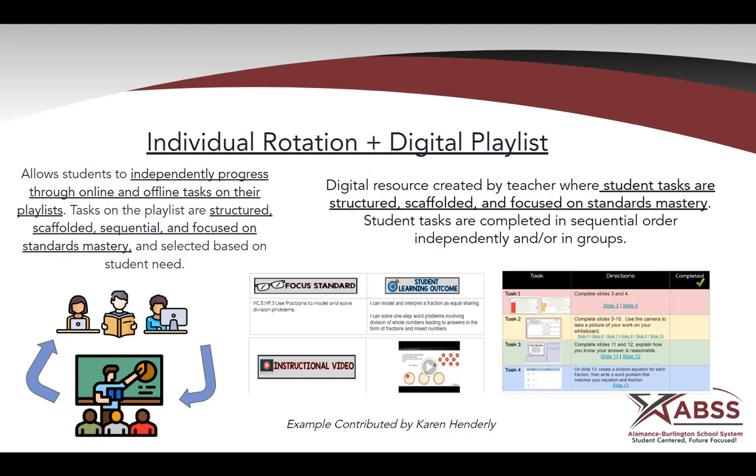All tasks within the playlist are focused on the same standard or skill. Tasks are also scaffolded, thinking through what we know about Bloom's. How could students explore, explain, apply, and create to show what they know and are able to do? You will also see that all tasks are embedded within one slide deck for students. This way, they are not navigating back and forth to complete tasks if at all possible. This is also efficient for the teacher as they will have one place to review completed tasks and provide feedback within.